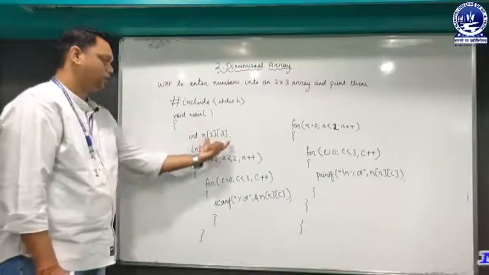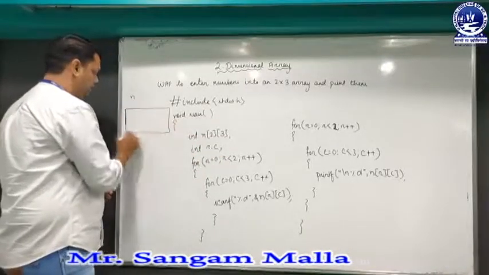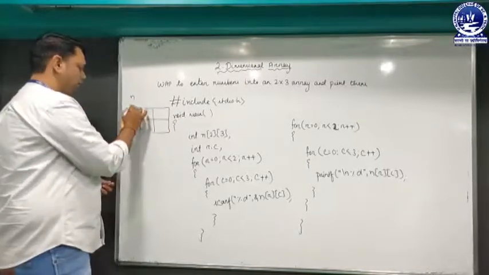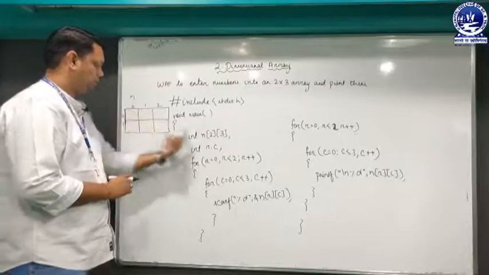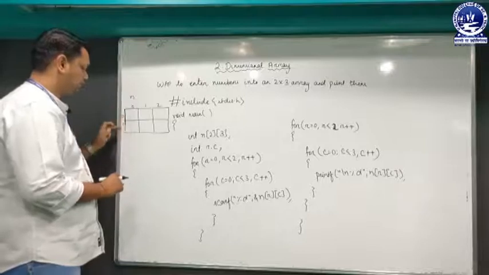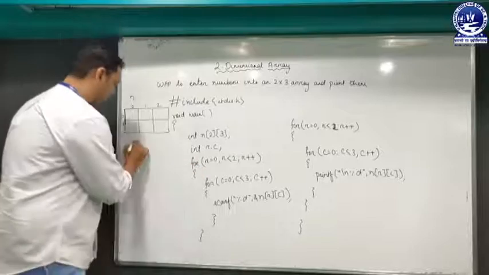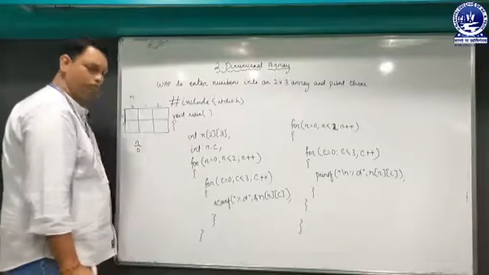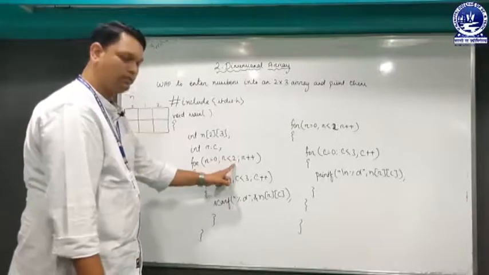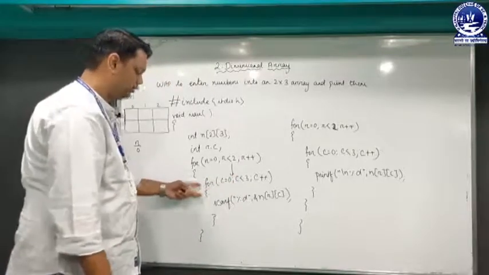So I have written n of 2, 3. That means n will have an array of 2 rows and 3 columns. So we have already specified. Now we will be having an array of 2 rows and 3 columns. So we have the index number of row as 0 and 1 and the index of the column will be 0, 1, 2. So first r will have the value as 0 and it will be checking the condition. So 0 is less than 2, yes, true, it will enter the second loop. That means it is the inner loop, and this is the outer loop.